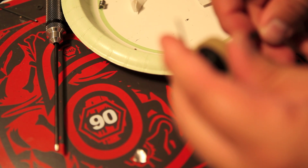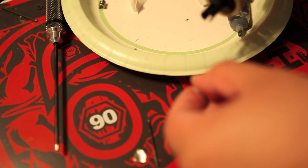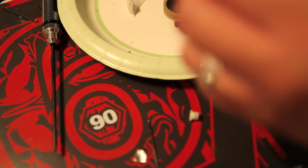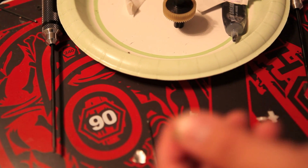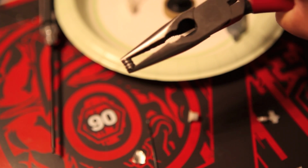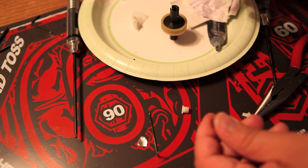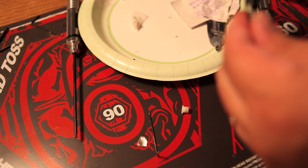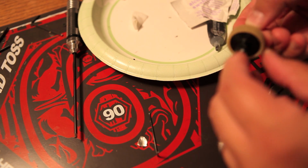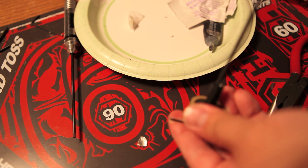So just to show you how that's going to look once that is lined up. So I'm going to pull out the lock nut cap for right now, and I'm going to grab the spring, and I'm just going to compress the spring just a tad, not a whole lot, but when you compress the spring, it makes it easier for you to thread the thrust bolt to the locking pin there. So let's go ahead and put in the spring into that other drive, and then I'm putting in the locking nut in there,